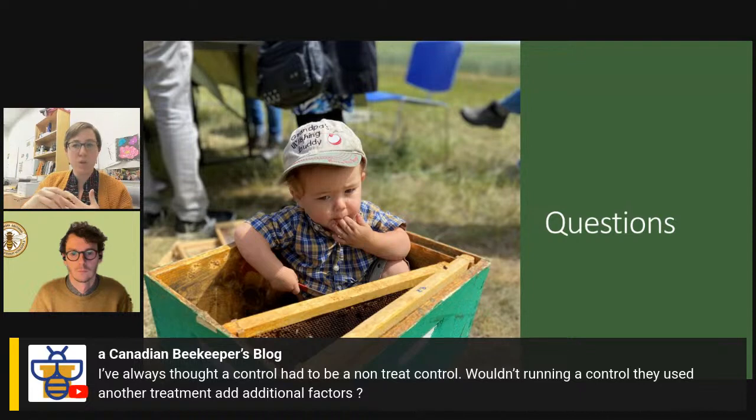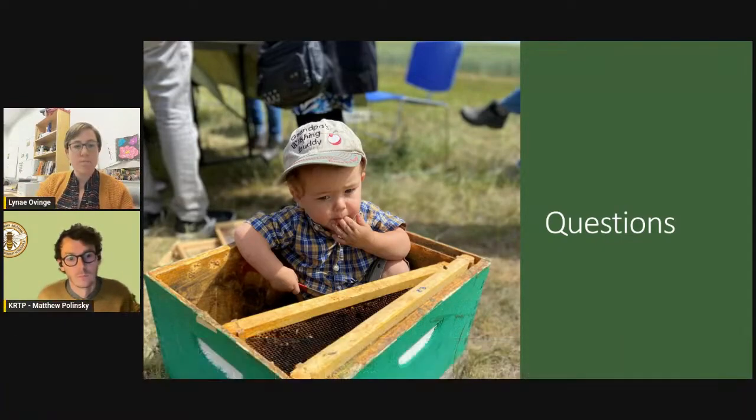But no, your control can be just kind of the standard that's in the area. Obviously it changes depending on all those ones I showed, but it doesn't have to be an untreated control. As a beekeeper, having an untreated varroa control doesn't really help you make a decision about Apivar, right? But comparing Apivar and Formic Pro, that helps you make a decision going forward. So that's why I was advocating for it.